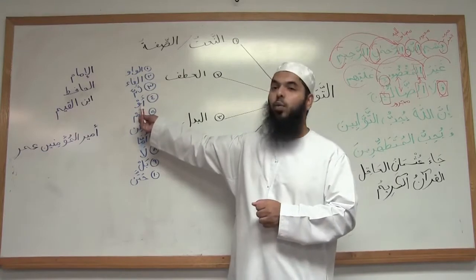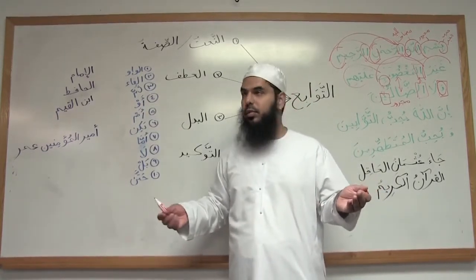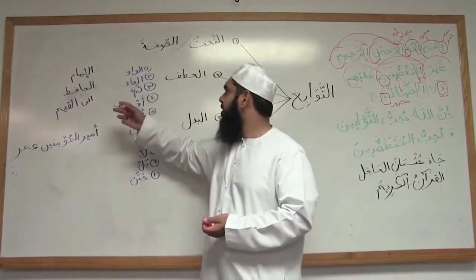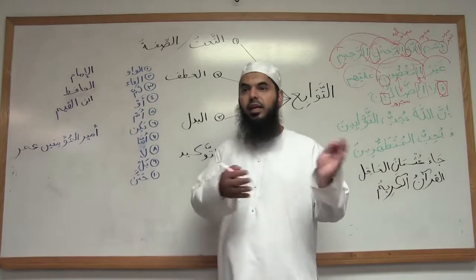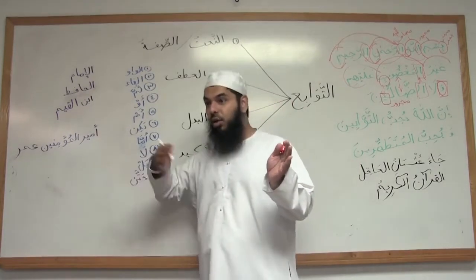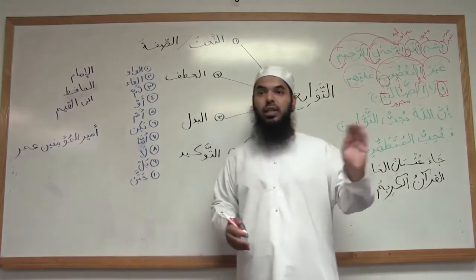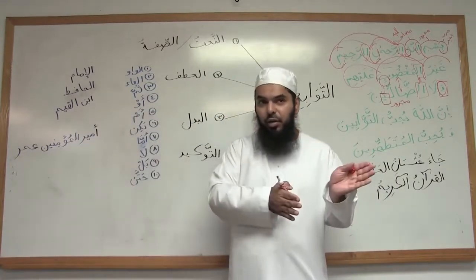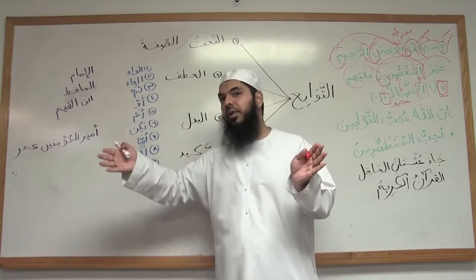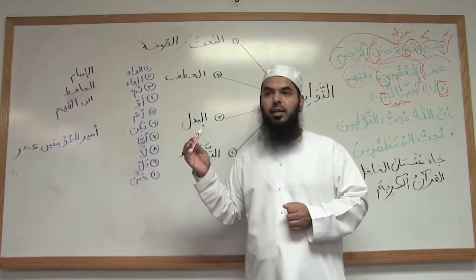Then there is aw. What does aw mean? Or. Right? So we can say or, this or that. Also a different type of or. Like this is where you are saying you can do this, that, or that. Right? Or you can say this happened or this happened. Hadha aw hadha. Tayyib?